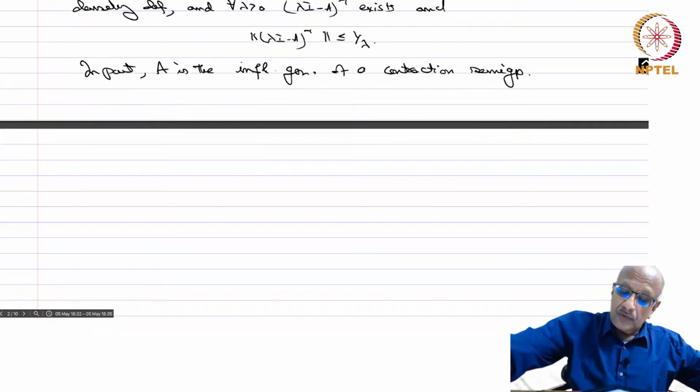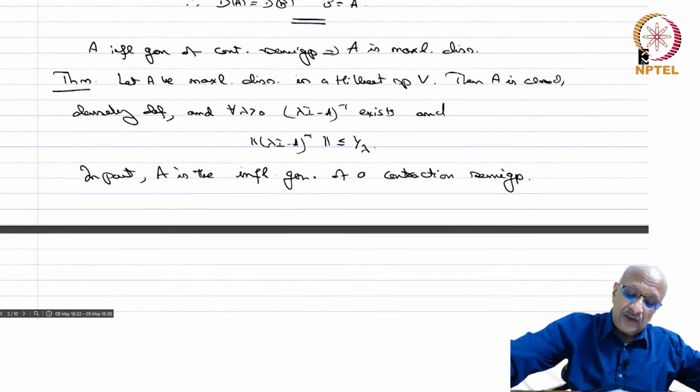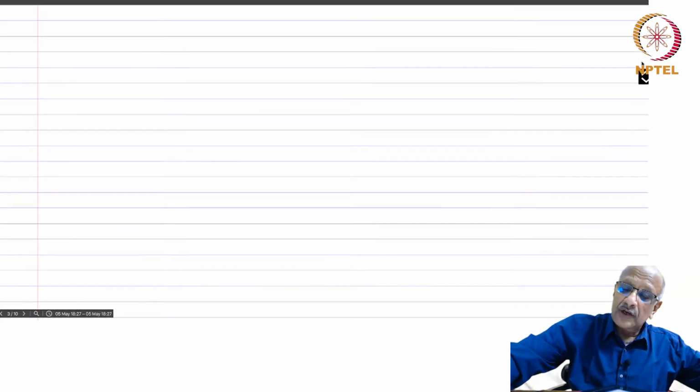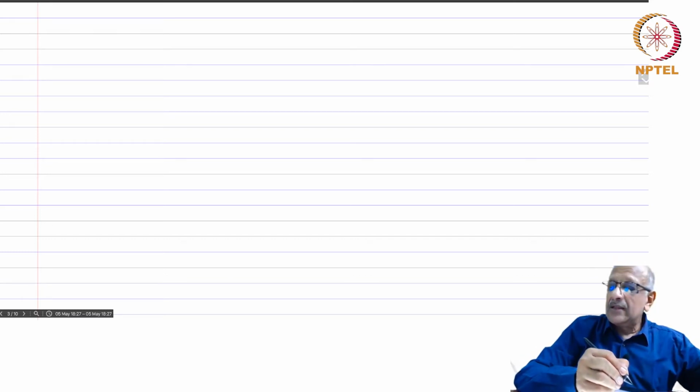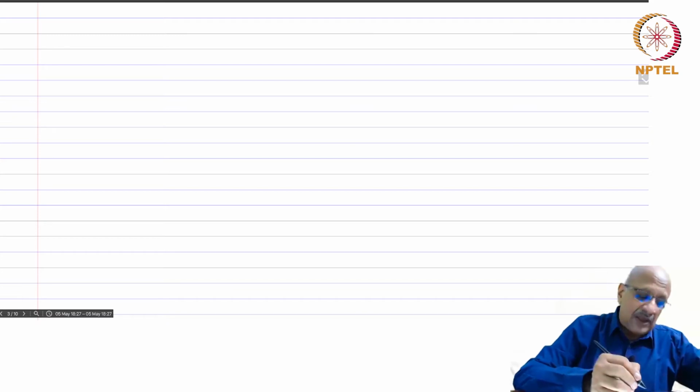So, now you see the conditions are very easy to check. You just have two conditions to check, that (Au, u) is less than or equal to 0, which is generally easy, that is just a question of integration by parts, and then you have to check that I minus A has the range that is the whole of V. Okay. So, proof,